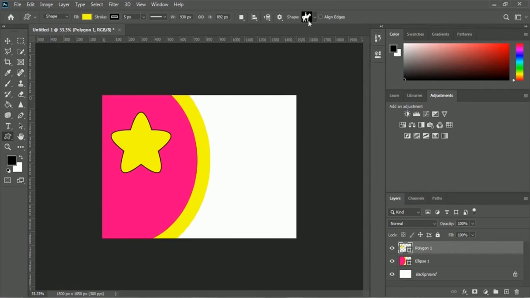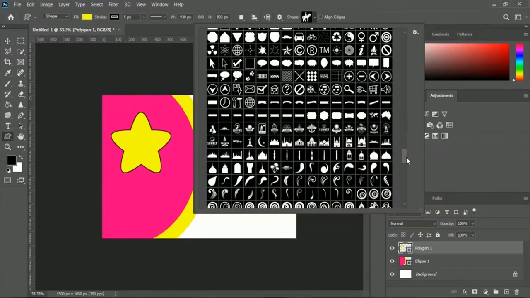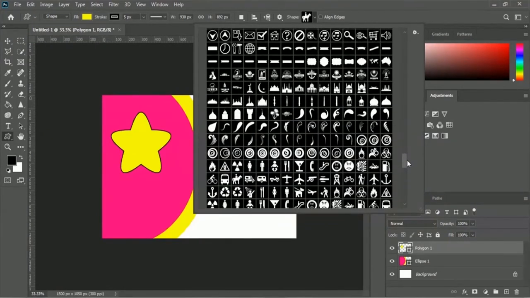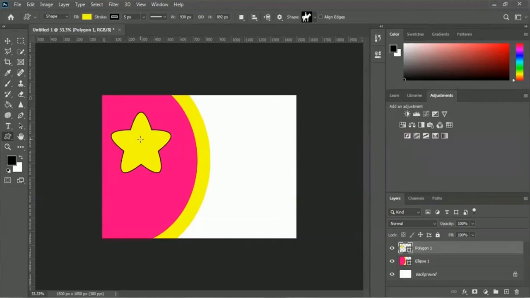Okay, so here is the option for shape. You just have to click on here, and let's find a kid's shape inside these shapes. Here are the kids shapes, but we can go for this horse riding kids. So let me click on this horse riding kids shape, and let's draw a horse riding kids shape inside this